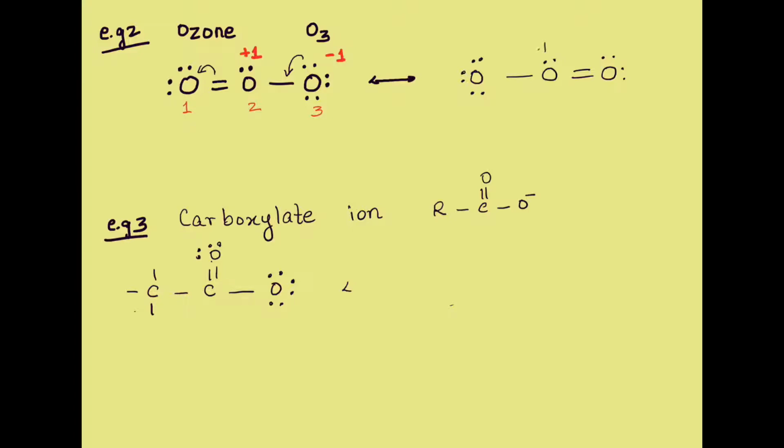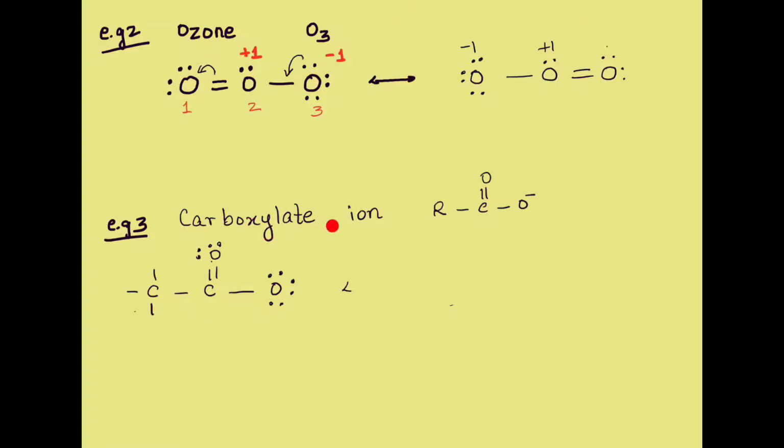The overall charge again on the molecule remains 0. So the second learning is, you don't change the charges. The total number of electrons still remains the same. Only they move around a little bit. They try to satisfy all of them. But the thing is that they don't leave the species.